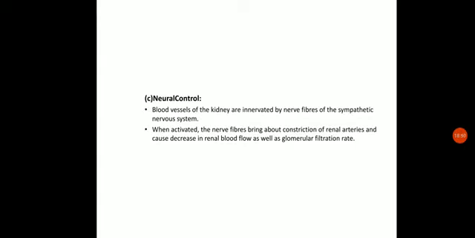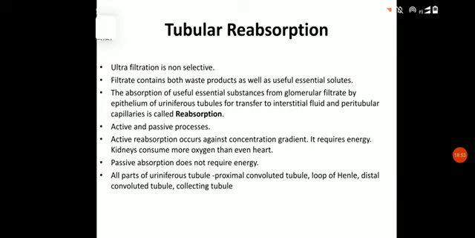Next phase is tubular reabsorption. Now we know that the ultrafiltration which we have seen is non-selective in nature. So it will be filtering everything which is getting into the blood, into the kidney. Hence this filtrate will consist of a lot of essential substances and nitrogen waste both. So waste has to be removed, but there are some essential substances as well